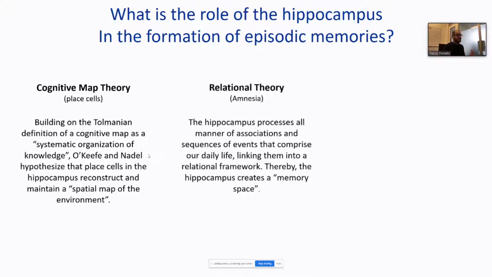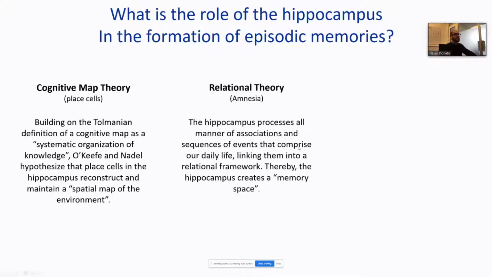A relational theory tells you that the hippocampus instead does not really create a map of the physical space around you, but it creates a relational map of the things that happen in your environment. So it's a little bit subtle as a distinction, but it does not tell you that this is a map in the Google sense that you should navigate. It tells you that you had an experience of that specific location that puts together, for example, the fact that you had a window, the fact that you have a desk, in my case here in the office, the fact that you have a computer that you're talking to, and so on. It thereby creates a memory space where information about your experience is actually put together.